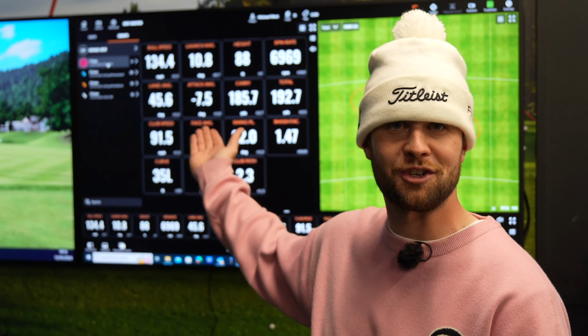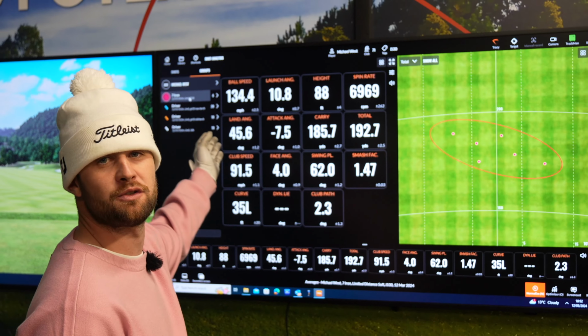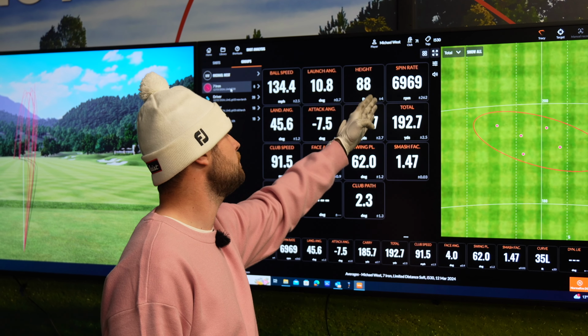Class is in session. Right, so what we've got here, an average ball speed of 134 miles an hour. I don't know what that would stack up compared to what my normal 7-iron would be. I currently game T100s. Don't know what the ball speed would be with my 7-iron, but 134. Launch angle, again, that means nothing to me. These are the numbers that start to matter. A spin rate of